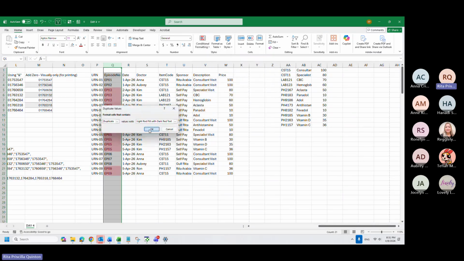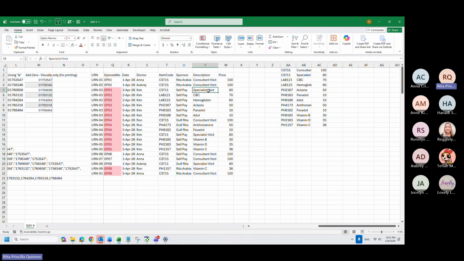with the duplicate, it will show me like this, which I don't know if the specialist visit was also repeated for the same episode. Also, since some of our receptionists may do it wrong, they will not put the second visit on the same episode, but they will put it in another episode. So how to catch it? You can also do duplicate values here and then look for the patients with duplicate values and then check one by one. This is what is usually done. Concatenate will give you a more unique experience.